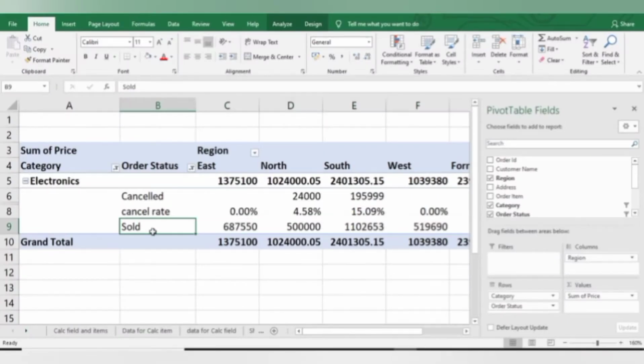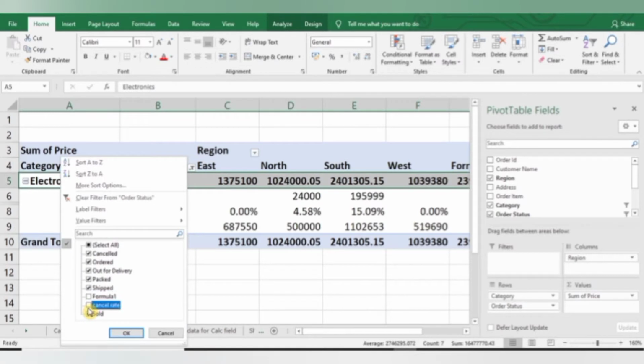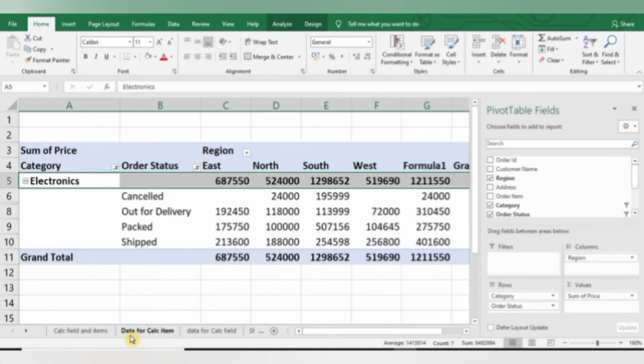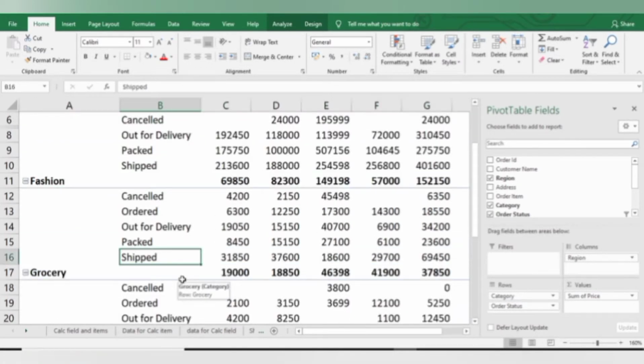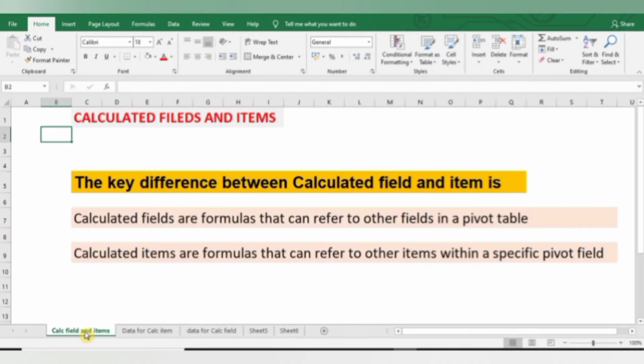So this is how you can create a calculated item out of the data within your fields. Previously I had 5 types of order status in my data, and I have made a single order status out of these 4 status.